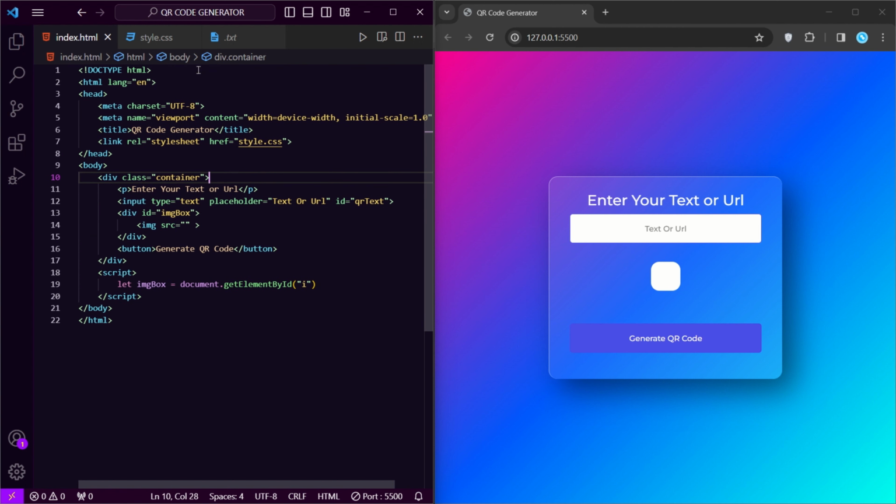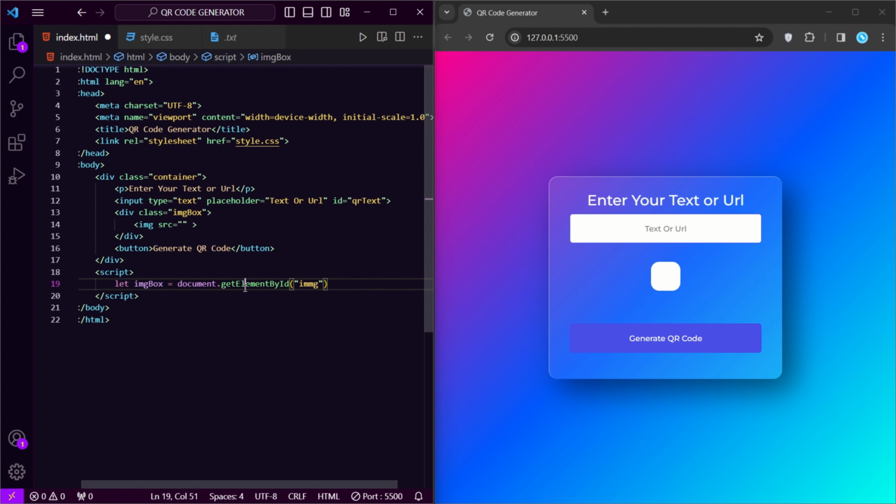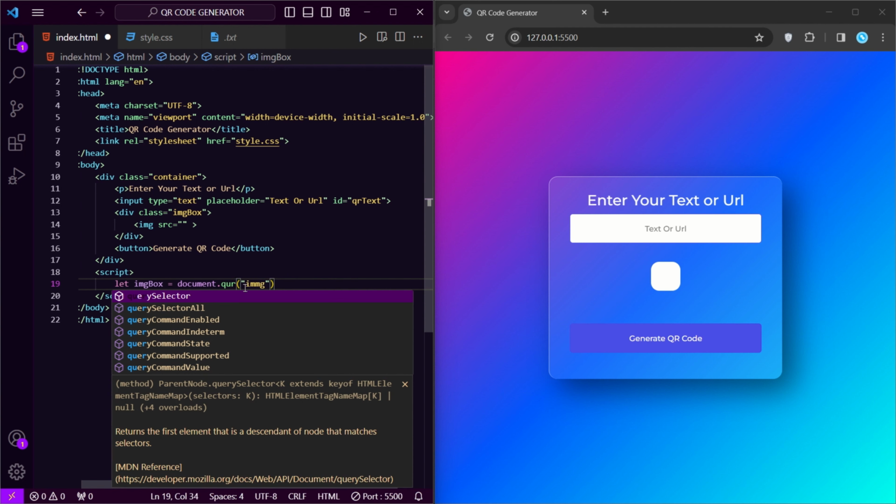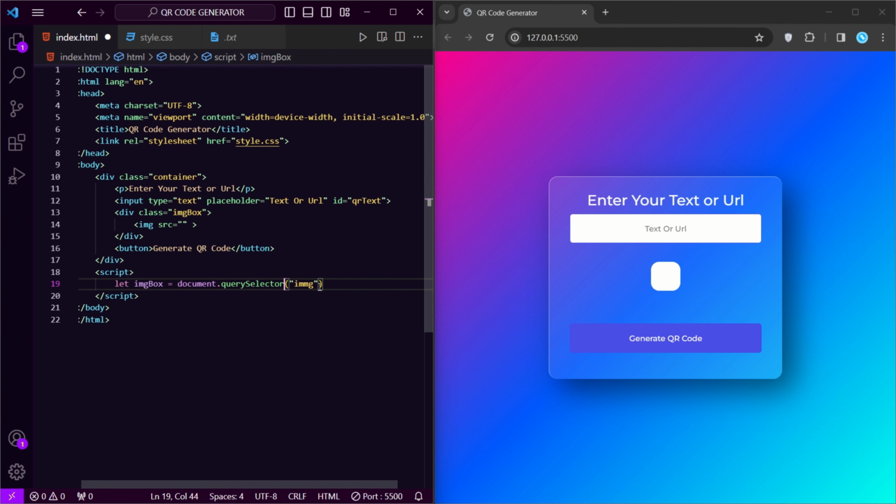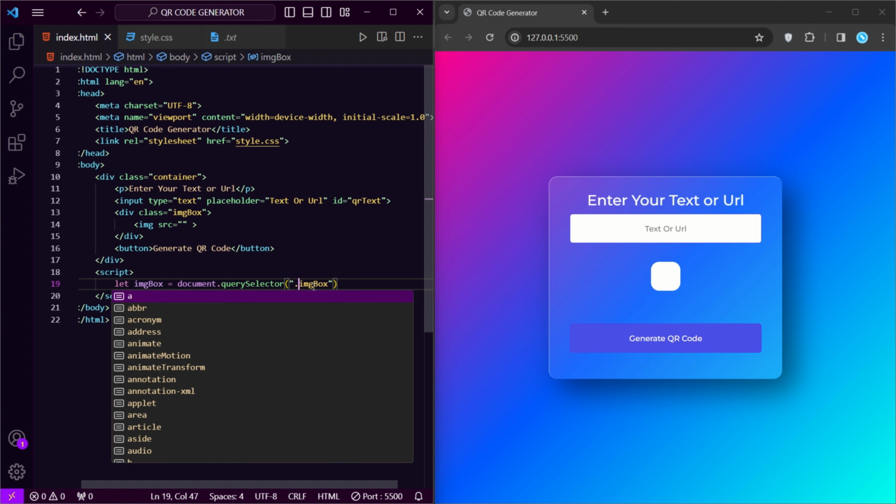Save it. I'll give you a query selector. Query selector imgBox, image box. Save it.